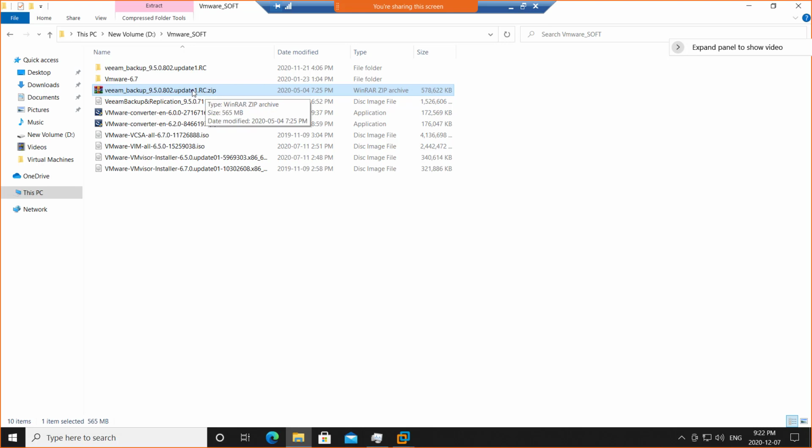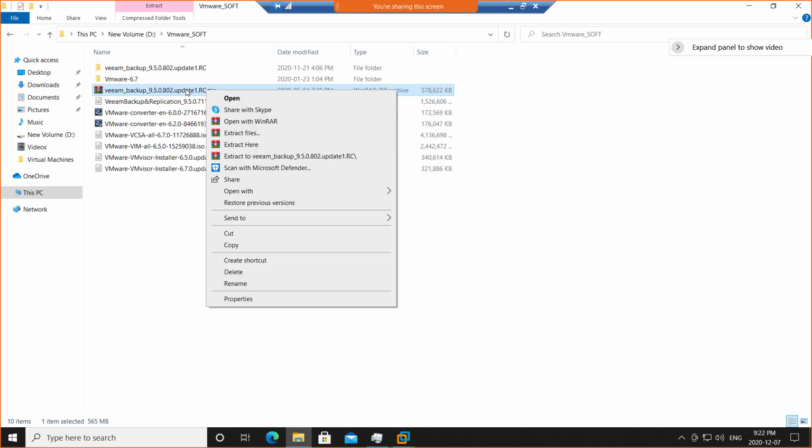So this file is zipped, and I have a zip software installed in my laptop. Everyone has. So I'm gonna right click on this file and extract to Veeam backup. It's gonna extract it as a yellow folder. It is already extracted for me right now up there. But it's a zip file, and you must have WinRAR or WinZip installed in your laptop, and then right click and simply go to extract to Veeam backup software. It's going to extract like this, a folder.